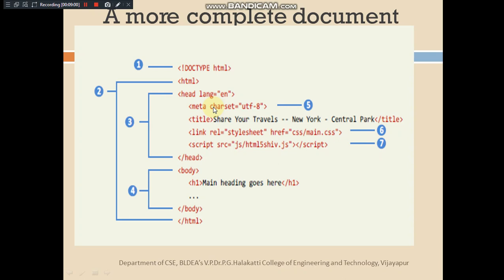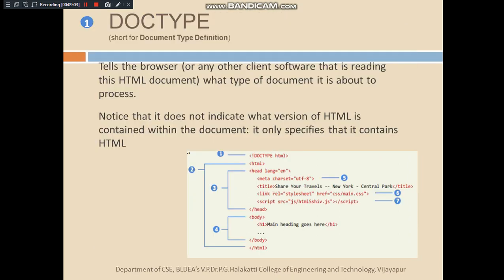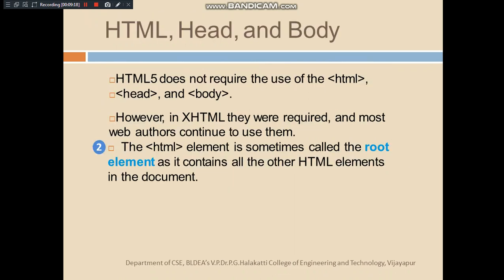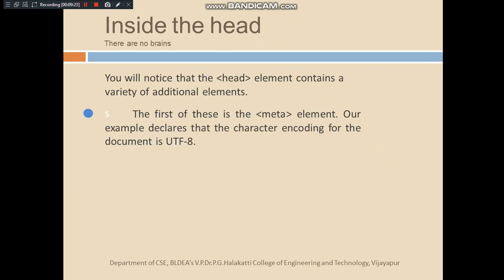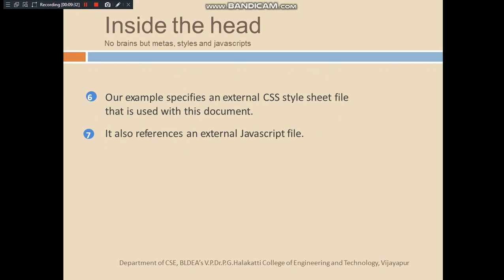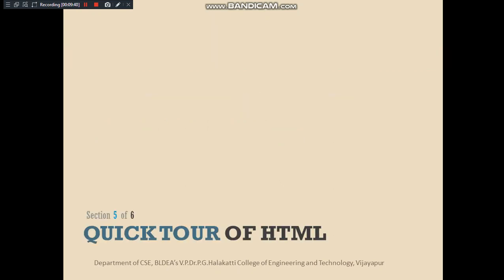So let us go in detail one by one. Doctype is telling the browser what type of document the browser is about to process. In this case it is HTML, because we are writing doctype HTML. The html, head, and body tags are commonly known to you, right? So these are all familiar to you. Inside the head we have used a meta element, where we are indicating the encoding type of the data. Inside the head we have also specified an external style sheet, which we are going to learn soon. You can even mention a link to an external JavaScript file also.